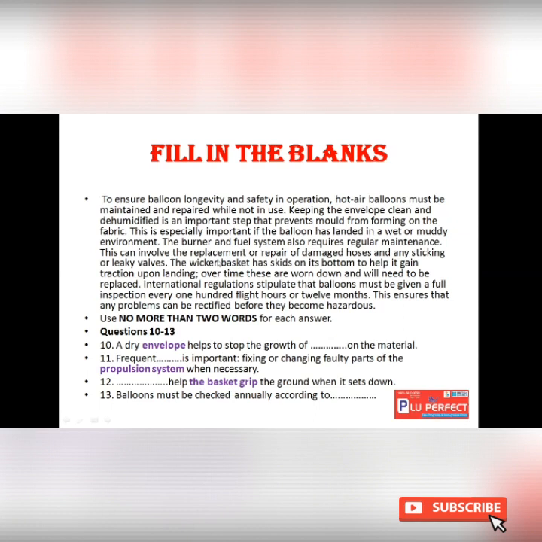What does it have? The wicker basket has skids. Skids, where does it have? On its bottom. So wicker basket is already there. If I write wicker basket or wicker, obviously it's not making any sense, because wicker is already there and my answer is plural. So wicker basket has something. It has skids on its bottom, and the skid is helping to gain